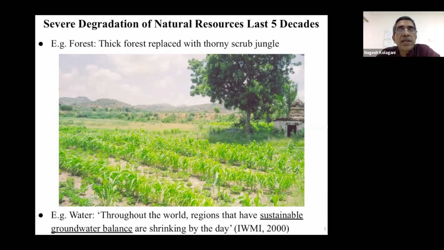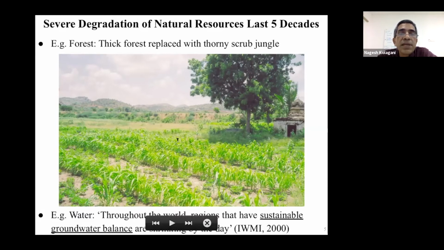The government does try a lot of desilting of these water bodies, but nothing can match the amount of silt that has come over decades. So it's a loss of forest, lots of water bodies, and slowly this degradation that started on the forest in the hills comes down to the valley also.